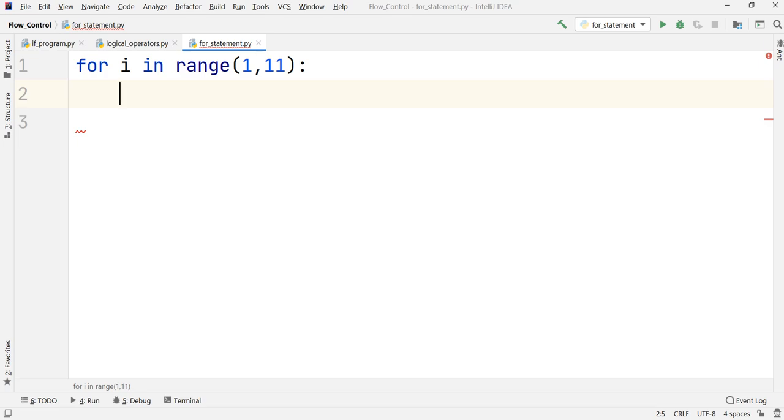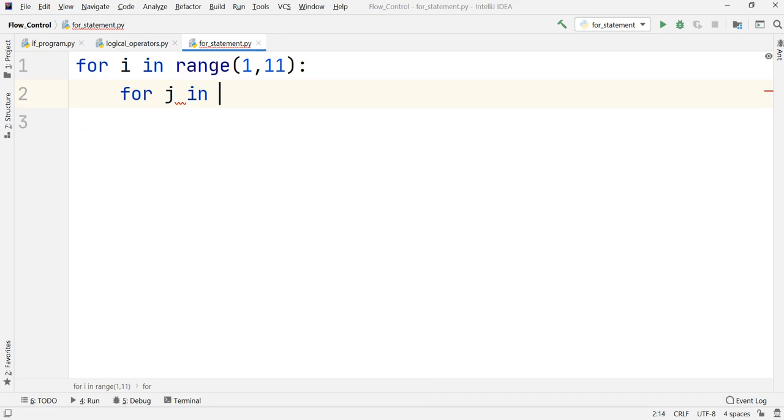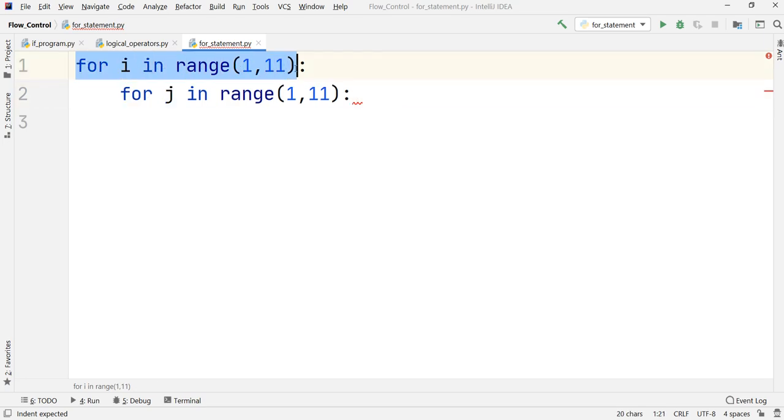Now let us just observe what I am doing. For j in range, okay, so what I have done here right now is that I have put another for loop inside my first for loop, and that too in that indentation.